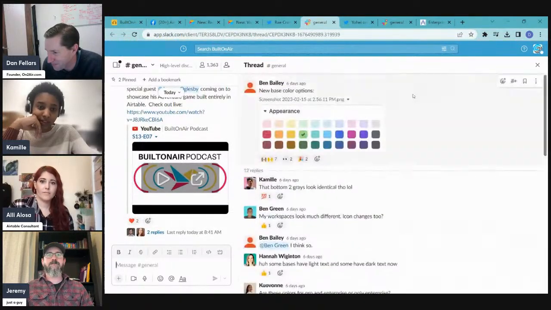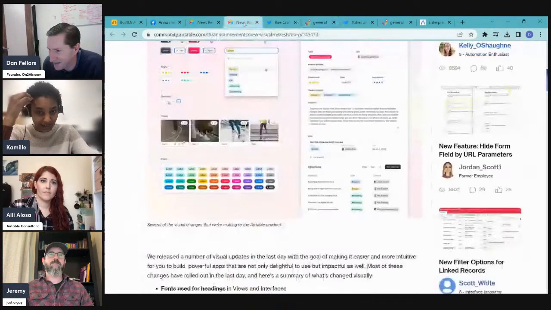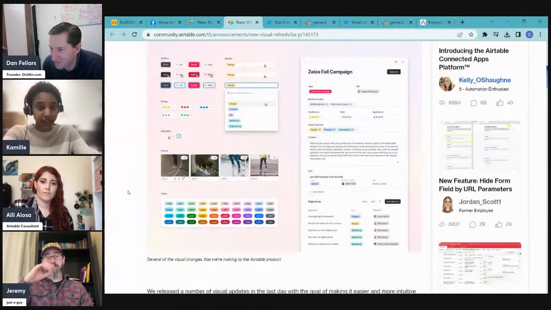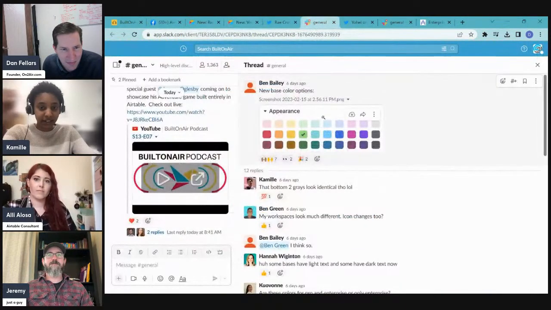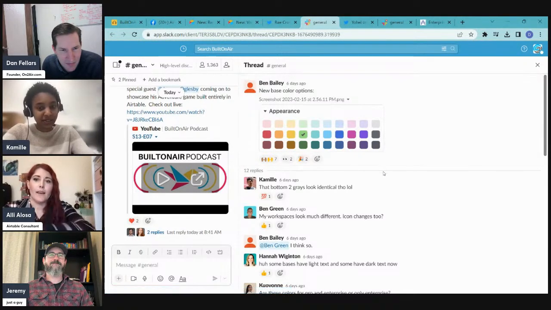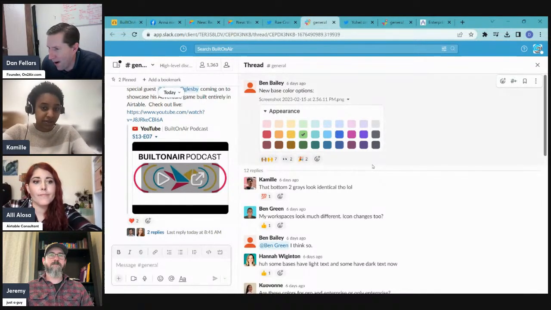I pointed out, in the screenshot from Slack, that the two bottom grays on the right-hand side look pretty close to identical. The other ones I can see a clear difference between, in terms of saturation and how dark each color is, but I did find the grays a little funny.